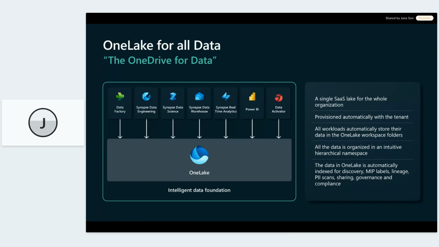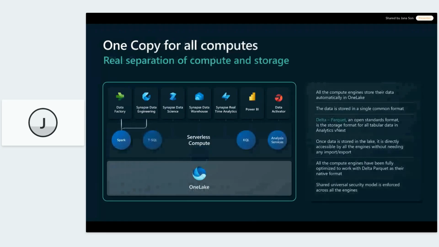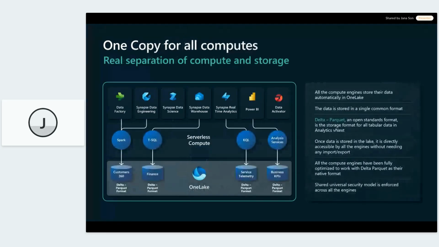But if we move from where data is stored to how it is stored, here comes into play the second biggest challenge that was addressed after universal compute capacities were introduced, and that's that all the engines are optimized to work with the same file format. So they are optimized now to work with Delta Parquet. All engines store data in Delta Parquet, and it's a long way to change for Microsoft.